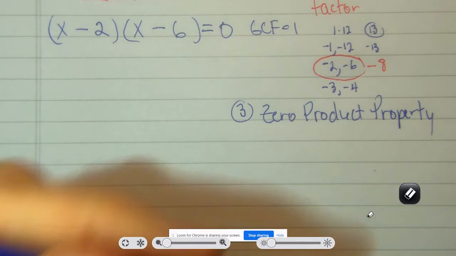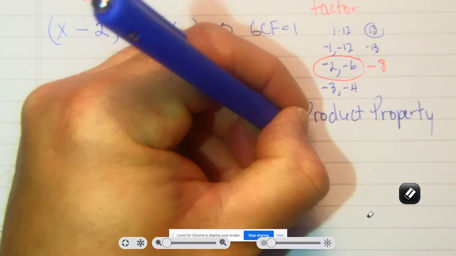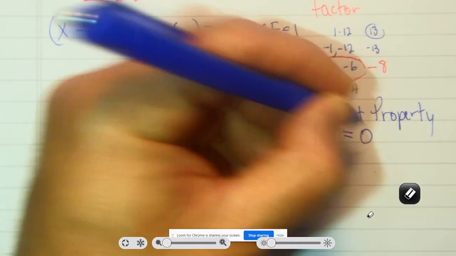And here's what it means. It means if you multiply two things together and you get an answer of 0, one of those two things had to be 0. Or write it mathematically this way, a times b. If a times b equals 0,